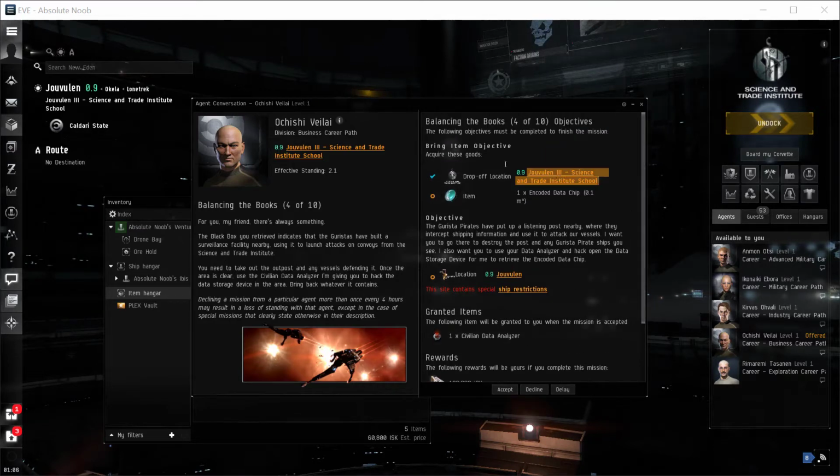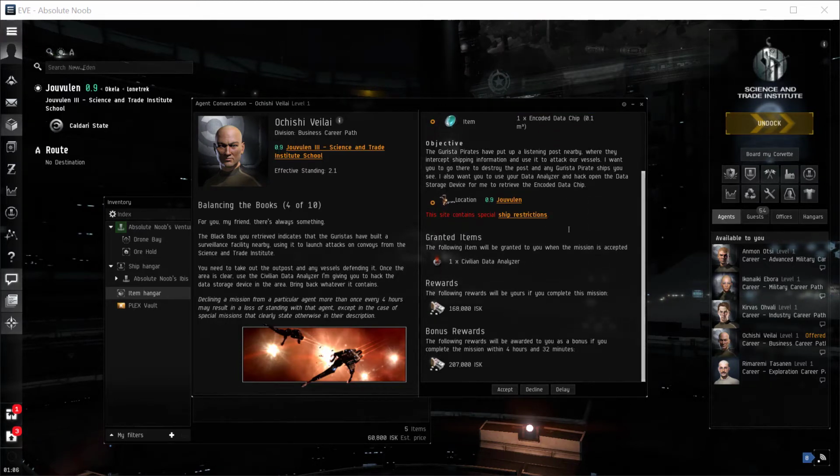Okay, so we need to bring an item to this station. The item is an encoded data chip. We're going to the objective. The Gurista pirates have put up a listening post nearby where they intercept shipping information and use it to attack our vessels. I want you to go out there and destroy the post and any Gurista pirate ships you see. I also want you to use your data analyzer and hack open the data storage device and retrieve the encoded data chip. Okay, and the location is in our system, and we're going to be given this civilian data analyzer,